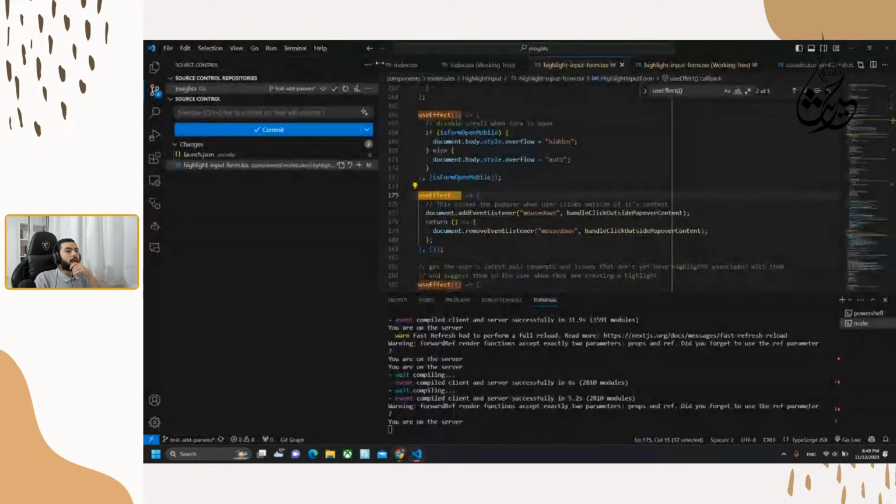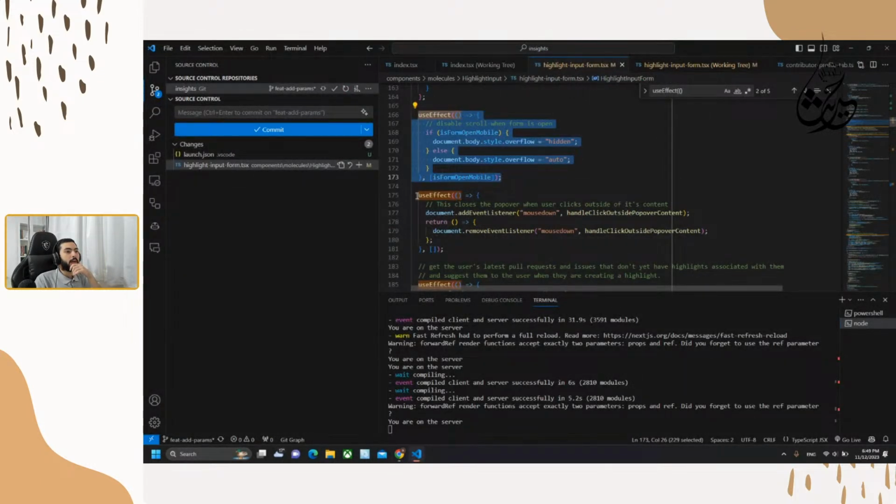So here for mobile, we are checking the empty useEffect.